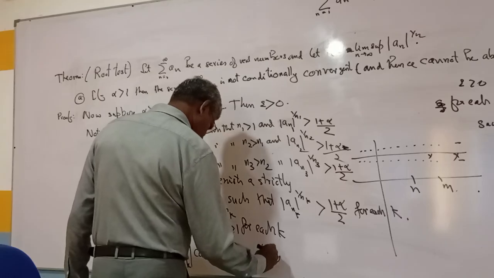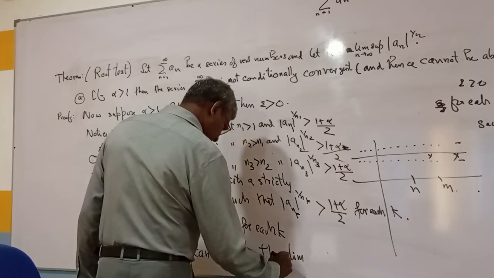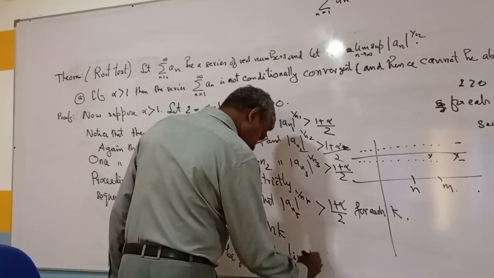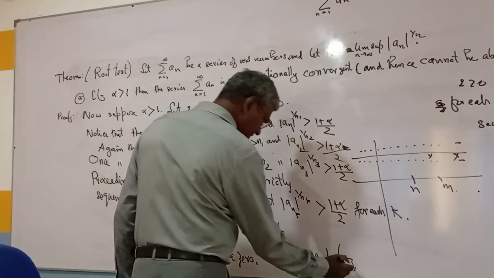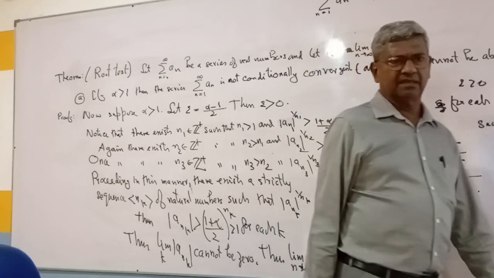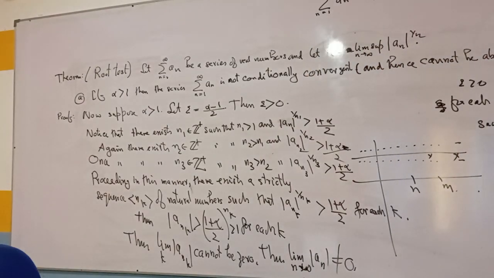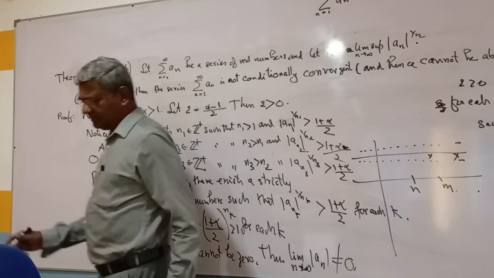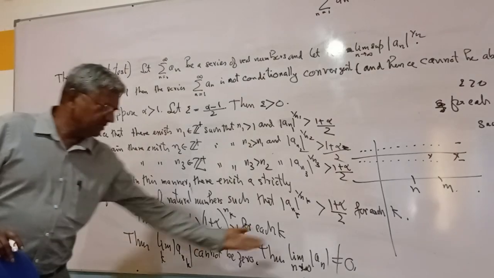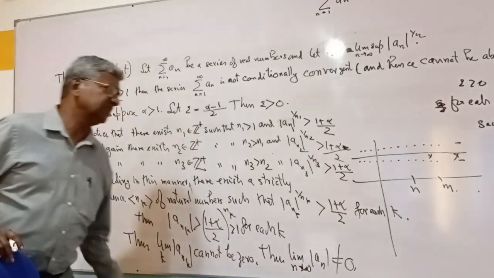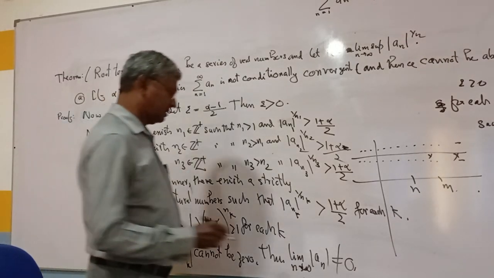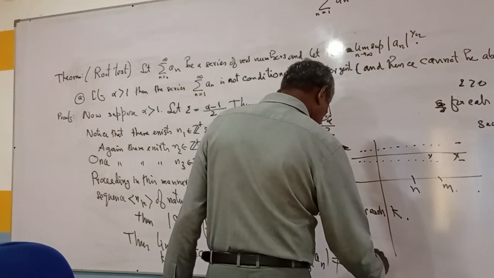Thus limit n tends to infinity of mod a_n is not equal to 0. Right? Then by the 0 test, I guess that's the word the book uses, or in my way, by nth term test, because we are doing nth term, it is not equal to 0. Thus sigma